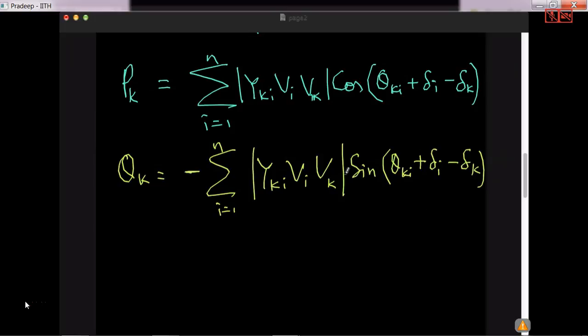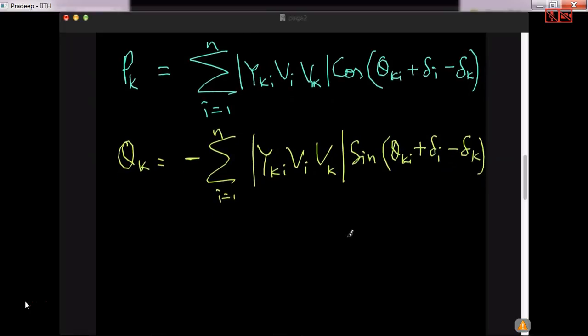Now I want to write it in the form of equal to 0. So simply I take Pk to the other side and put 0 here. So 0 equal to,